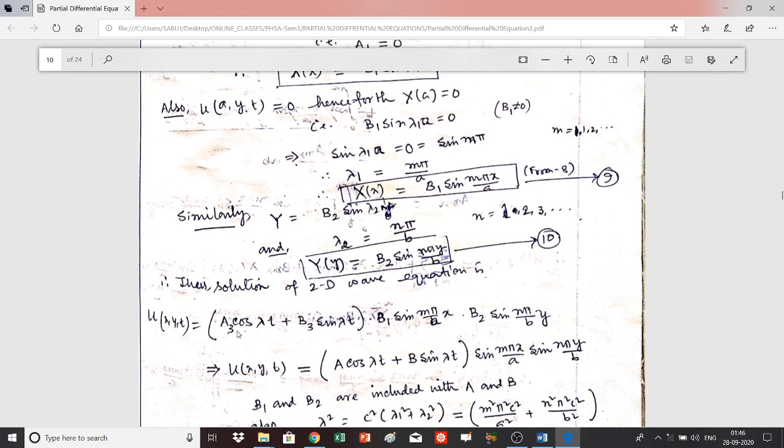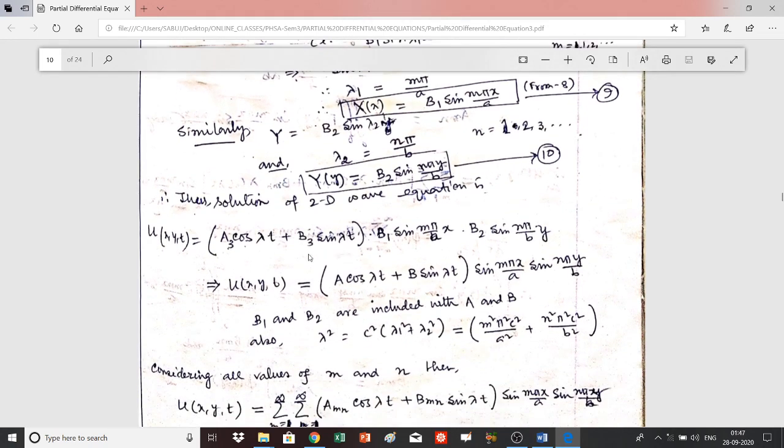u(x,y,t) is equal to (a3 cos lambda t plus b3 sin lambda t). That was the T term, the term consisting of the function of t, and then b1 sin(n pi x by a), and then b2 sin(n pi y by b). So u(x,y,t) is equal to (a cos lambda t plus b sin lambda t), because in this case just multiplying b1, b2 and a3 will give you a constant a, and further b1, b2 and b3 will give you another constant b,